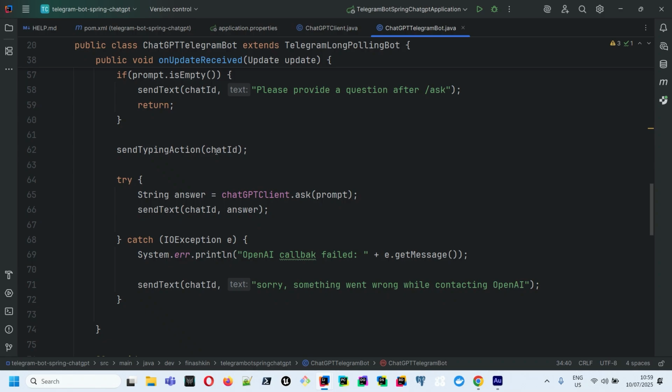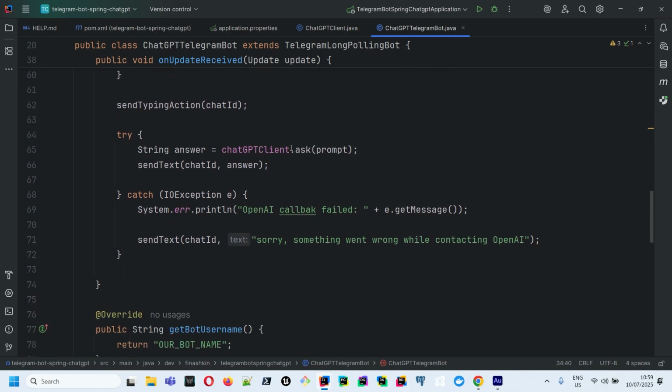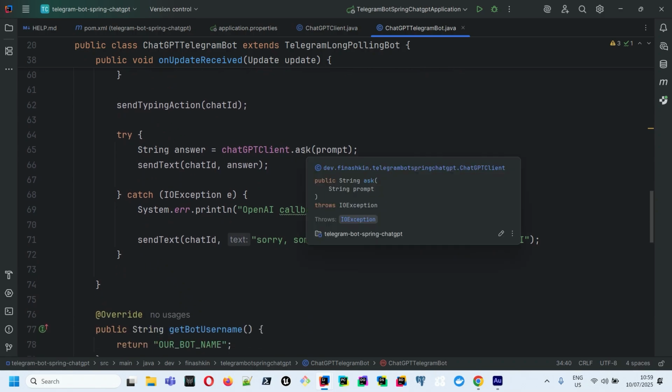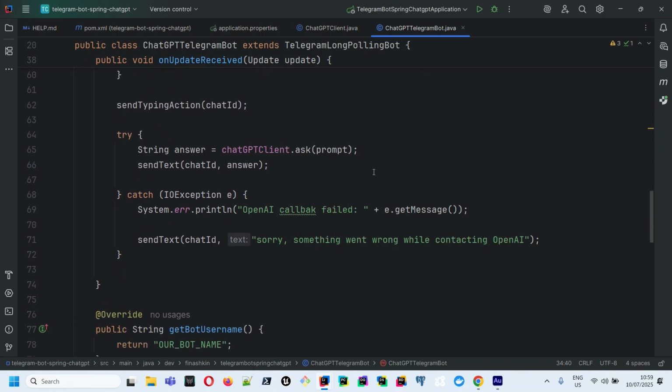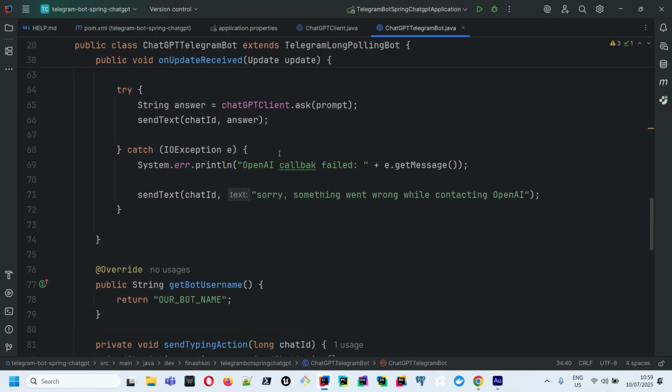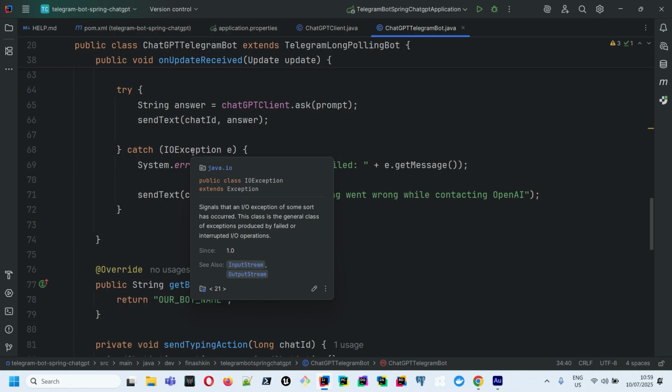It sends a typing indicator to show the user the bot is working. It calls ChatGPT client askPrompt to get an answer from ChatGPT, and then it sends the answer back to the user, right? If any exception occurs during the ChatGPT call, it catches it, logs the error, and sends a friendly error message